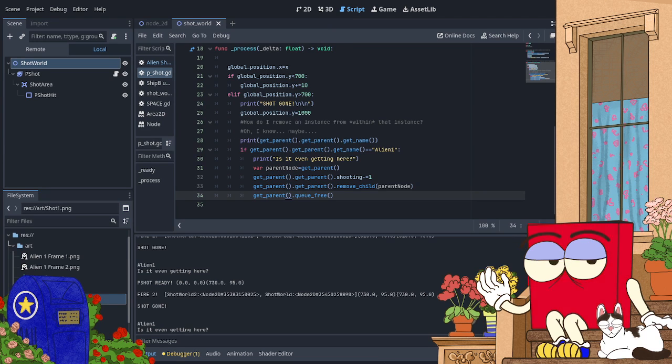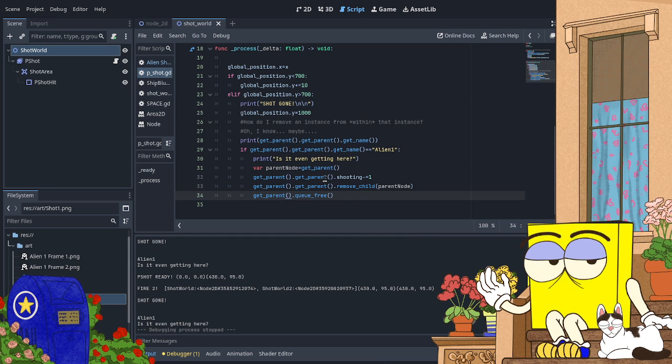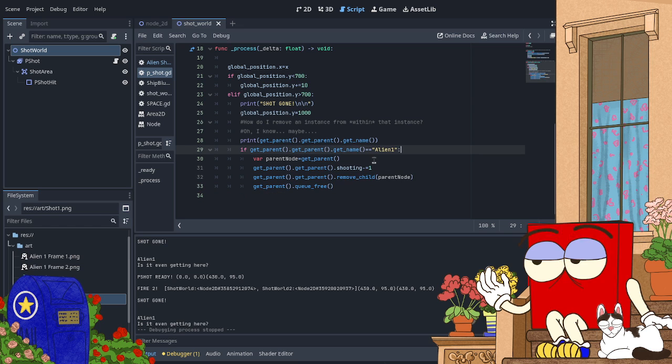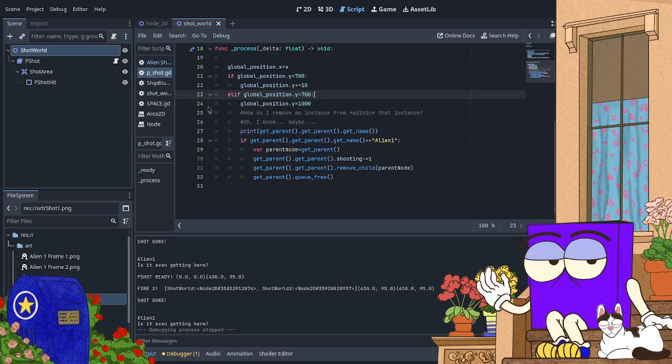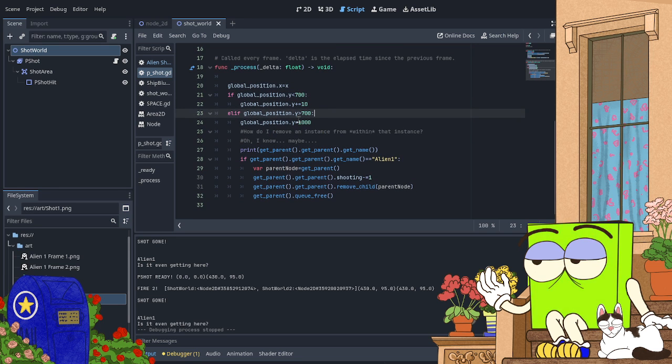So we'll hide that. Back and stop this. And I can remove this because it is getting there. Because it's getting there and it's clearing up the queue and it's spawning them.